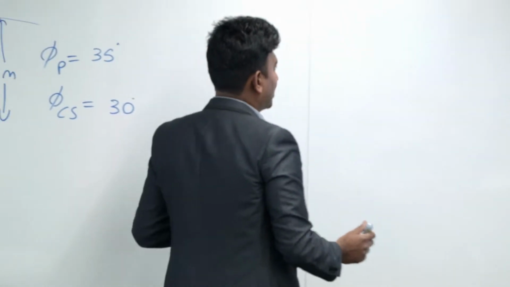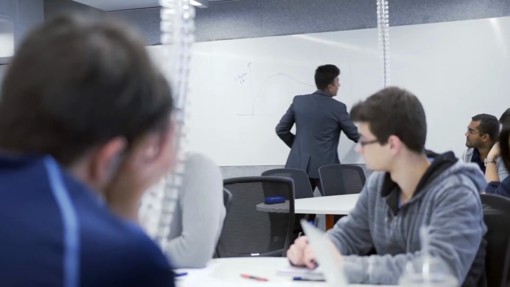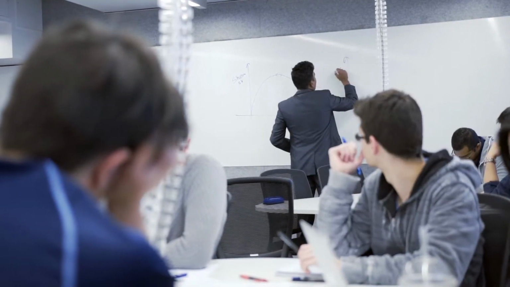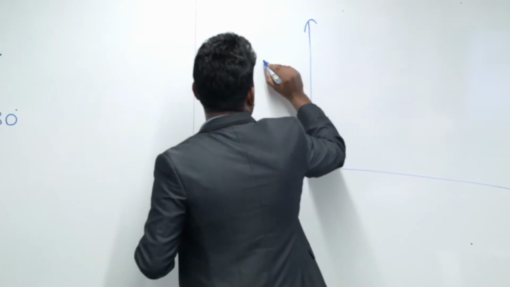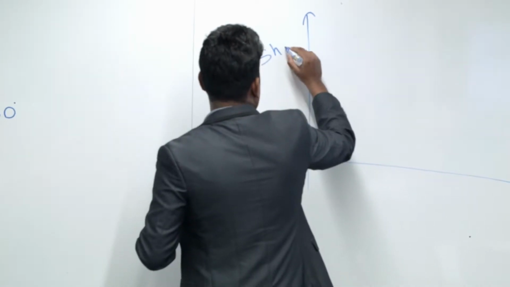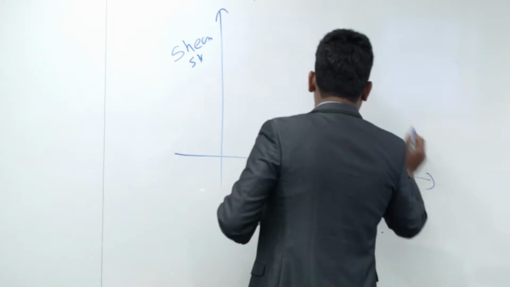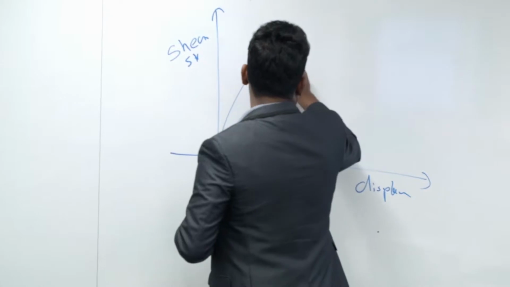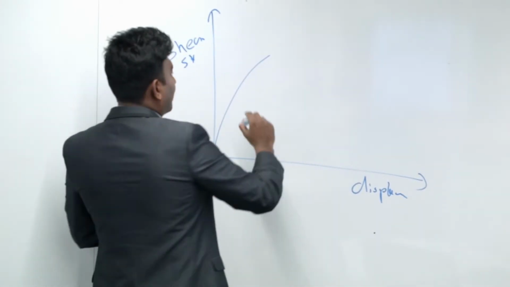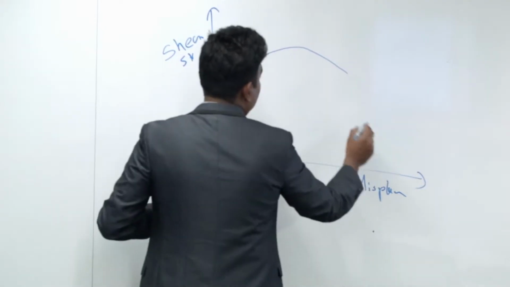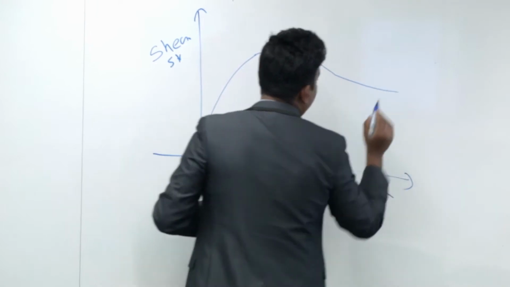So I hope you understand the difference between critical state and peak, which we covered last week, right? If you remember the shear strength topic, if you remember the direct shear testing I demonstrated to you last time, we have this direct shear results coming out from the test as shear stress and the displacement. We have this curve: increase in the shear displacement will increase the shear stress at the middle of the box. It comes to a peak value, and then with further and further shear displacement, it goes to critical state.